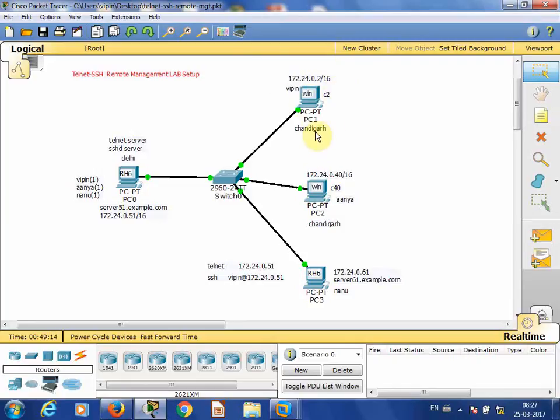Then on the client side, we are assuming that we are in Chandigarh and we have 3 systems there. 2 are Windows systems. One Windows system will have the address 172.24.0.2 and the name of the system is C2. Another system, again a Windows system, will have the address 172.24.0.40. The name of the computer will be C40. Then another system, a Linux system, server61.example.com,